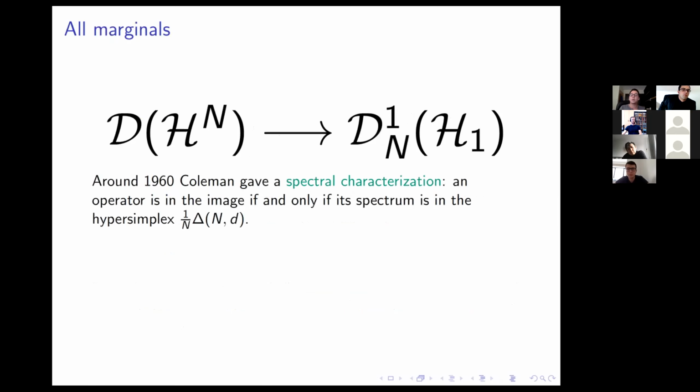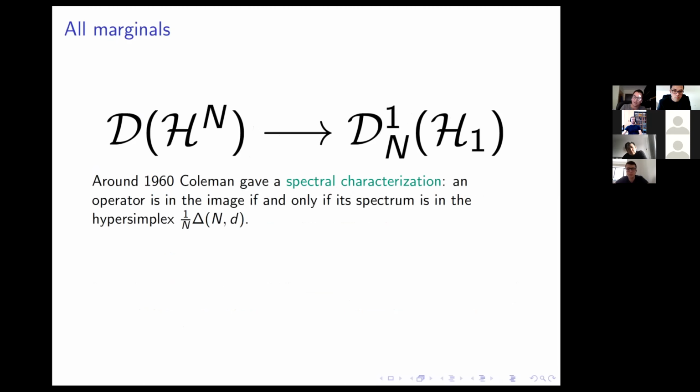So it is not hard to see that you get a density operator, something Hermitian in principle, and this is unitary invariant. So characterizing the image is the same thing as characterizing the eigenvalues, but not everything is possible. In order for you to be the partial trace of a density operator on this space of n particles,